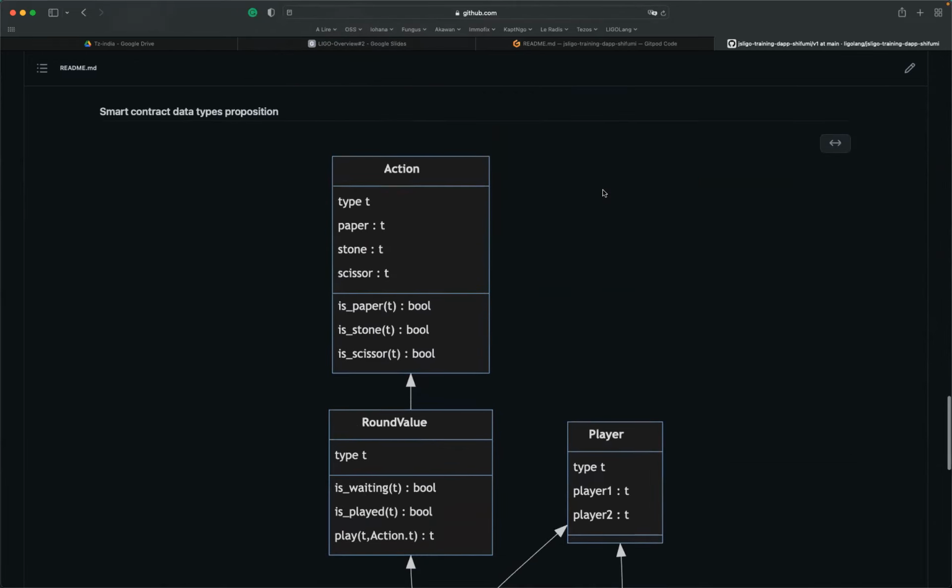So we are going to design step by step each module or each file, because as I was explaining, a file is a module. We are going to design step by step in order to see if we are quite fluent in JsLIGO, and also to improve our skills in writing code, and also in our conception of the contracts.